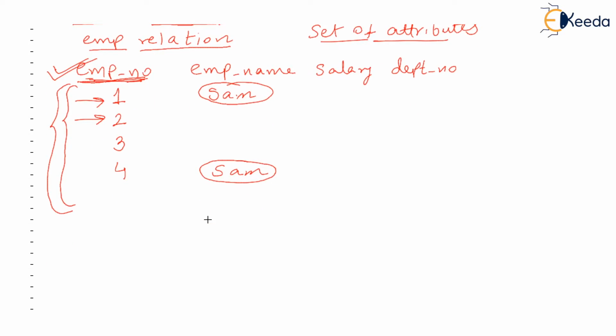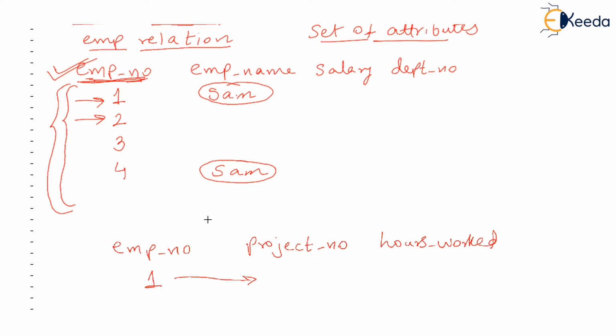As another example, let us imagine that we have got a table like this. We have got a very small table of two columns: employee number and project number. Let's say one more column we have, hours worked. Now what this table is going to store is employee number and the project number in which that employee is currently working.